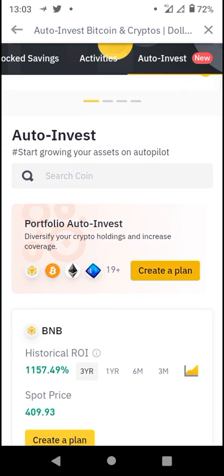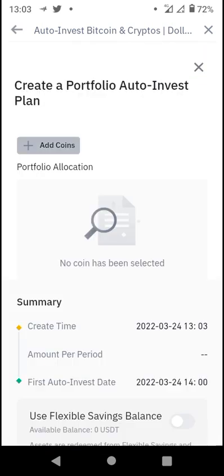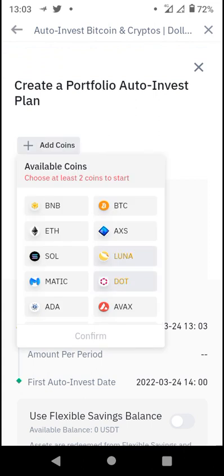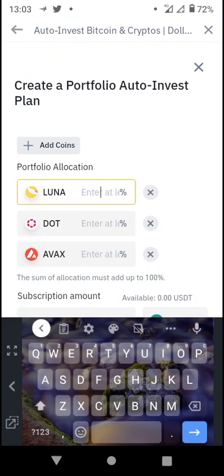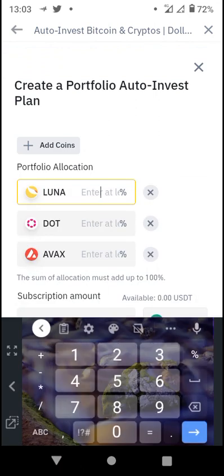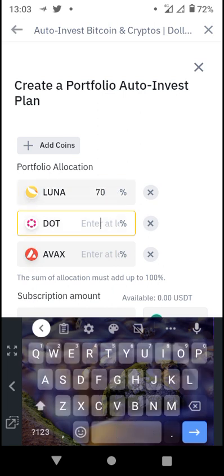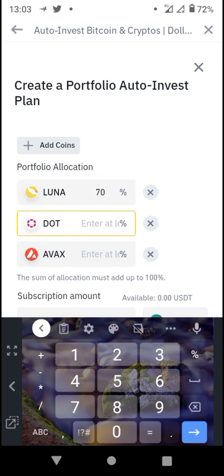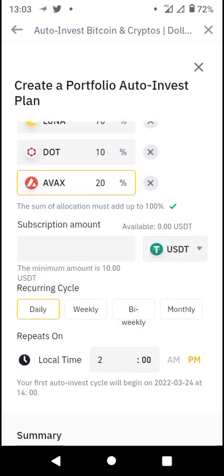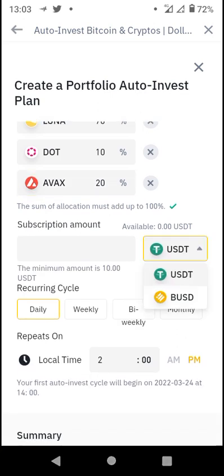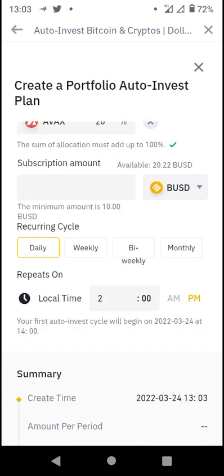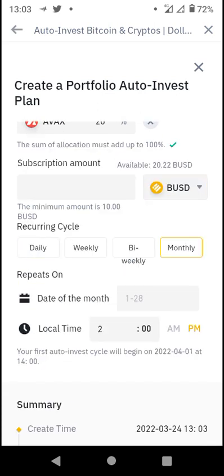So guys, I hope you understand this tutorial. All you need to do is make sure you have enough money in your account, and you're good to go. You can create multiple auto investment plans, and the amount you are auto investing will be deducted on a daily basis or on a weekly basis. So I'm going to set this on a weekly basis. I'm going to still use these 20 BUSD. Hopefully we'll be expecting some funds, and once these funds come, our auto invest plan will be able to push through. So for a monthly basis,